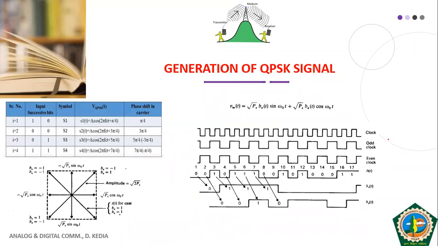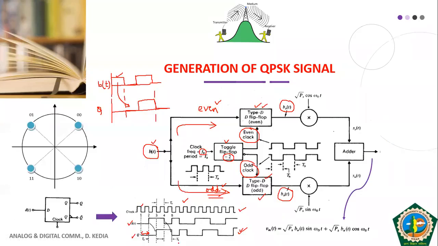So this is what we do. This is our original clock. Fine. This is our odd clock. Now again have a look at the output of the toggle flip-flop. In the upper flip-flop, we have provided Q as the even clock, whereas in the lower flip-flop, we have provided Q bar as the odd clock. So it means the complementary outputs of the toggle flip-flop are provided as even clock and odd clock respectively. It means even clock and odd clock will be complements of each other.